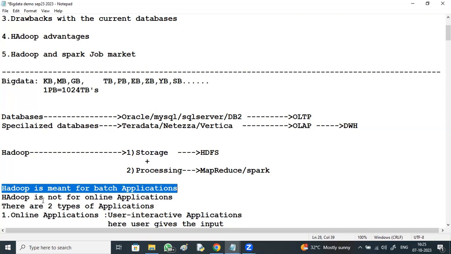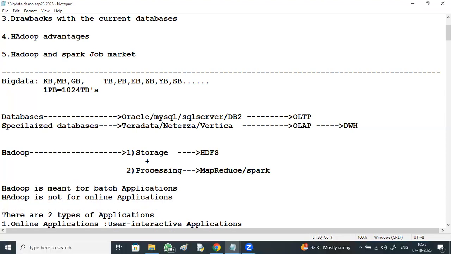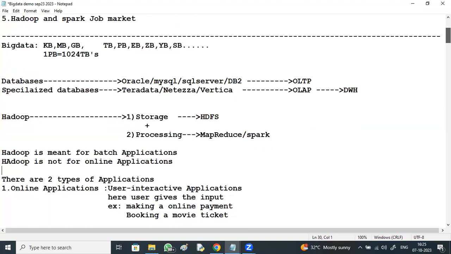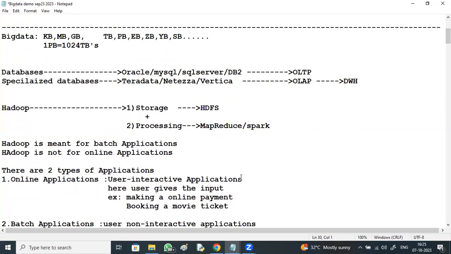Okay. There are two types of applications: online applications and batch applications. Online applications are user interactive applications, where the user gives the input, like making an online payment or booking a movie ticket. And batch applications,